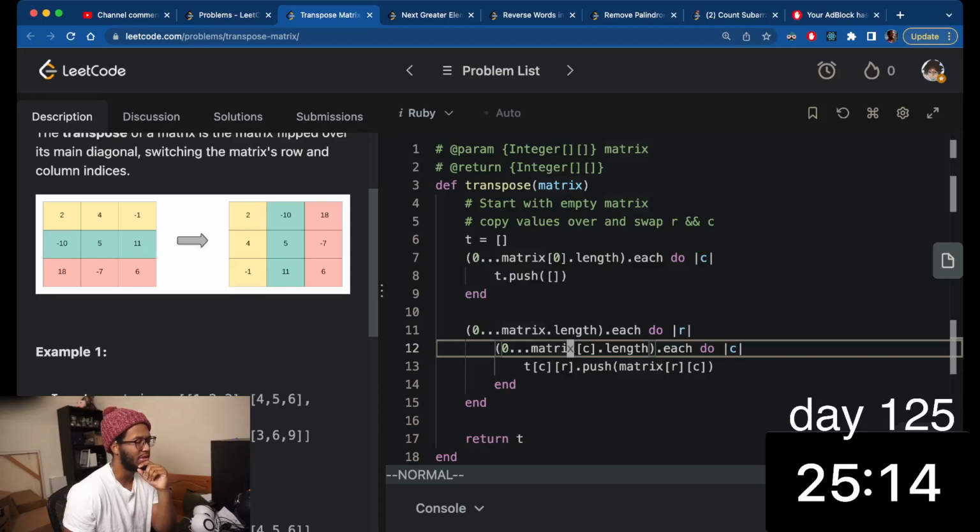So we'd start at 2, then we'd say, okay, T sub 0 should be the first row, right? Sub R, which would also be 0, push RC, which would be 2. Then row would still be 0, column would now be 1, and we'd say, okay, well, T sub C, which would now be 1,